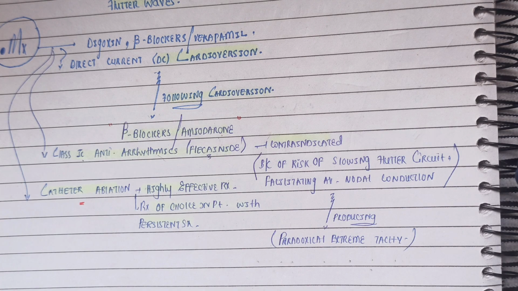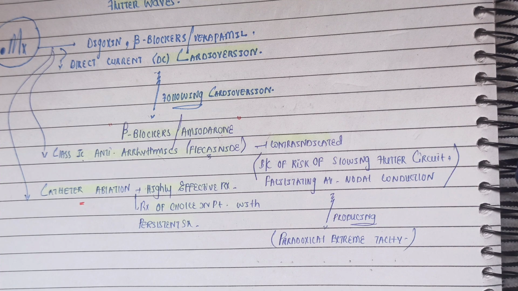All right. Another very interesting method is the catheter ablation. This is a highly effective treatment. This is the treatment of choice in patients with persistent disease. With the catheter ablation, what you do is you ablate, you destroy the ectopic foci which are producing the abnormal beats. So in short, the management of atrial flutter is,